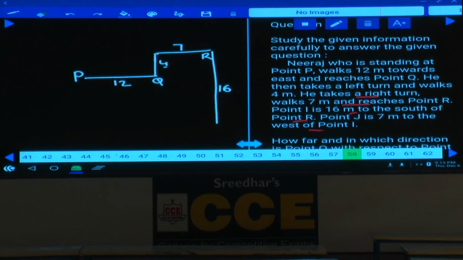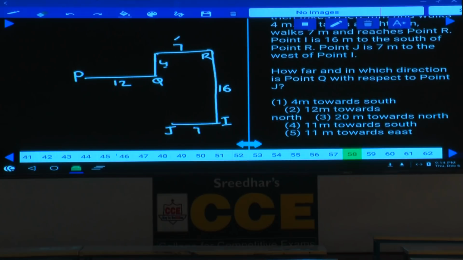J is 7 meters to the west of I. I is 16 meters, I is here, and J is how many meters here? 7 meters. As J is 7 meters, this 7 and this 7 are one and the same. Hence, what is the distance here? 7 meters to the west of I, hence J will be here. And this is the final arrangement. Clear now? Now in this diagram, tell me